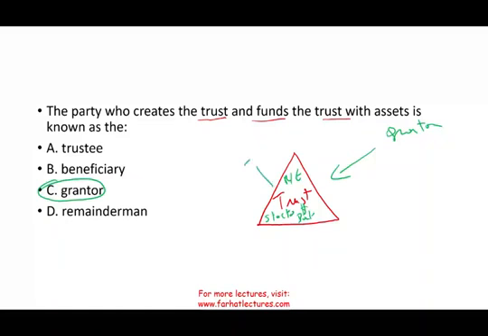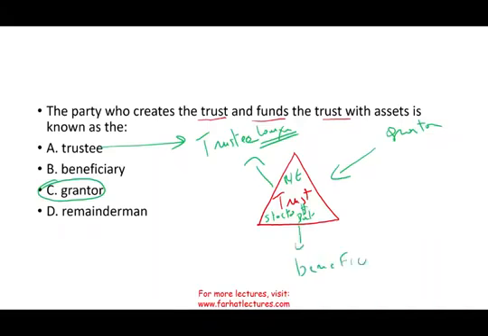Therefore, they assign something called a trustee, and this is the trustee. The trustee, think of this as your lawyer. Somebody at the bank, somebody working at the insurance company, someone who knows how to manage money, and you will assign this person. You'll say, you're going to take care of this on my behalf, to give this money to someone who's going to be the beneficiary. And let's assume this is my son. This is me, I'm the grantor. This is my lawyer, the trustee, and I want you to manage this trust for the benefit of my son. So my son will get the money.